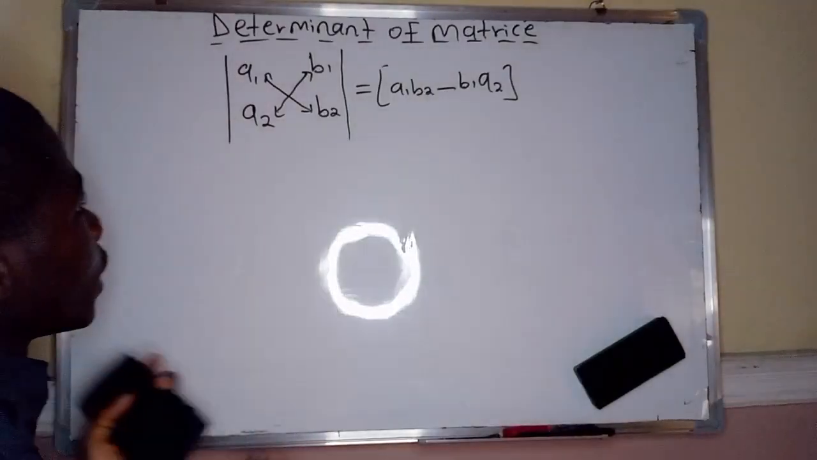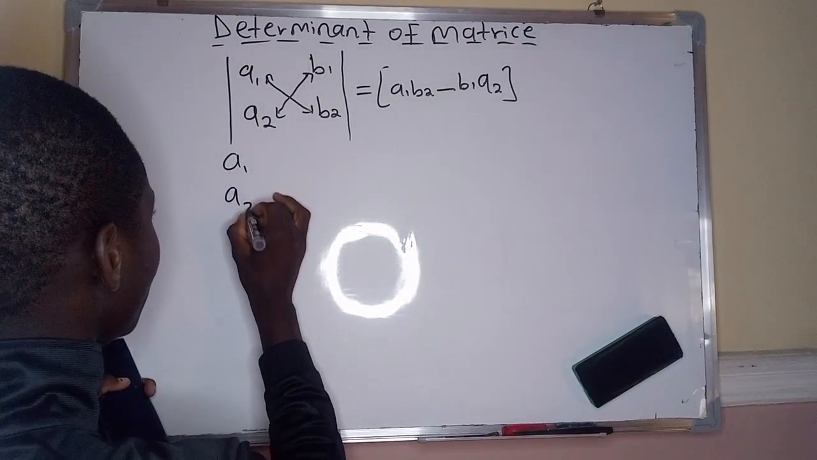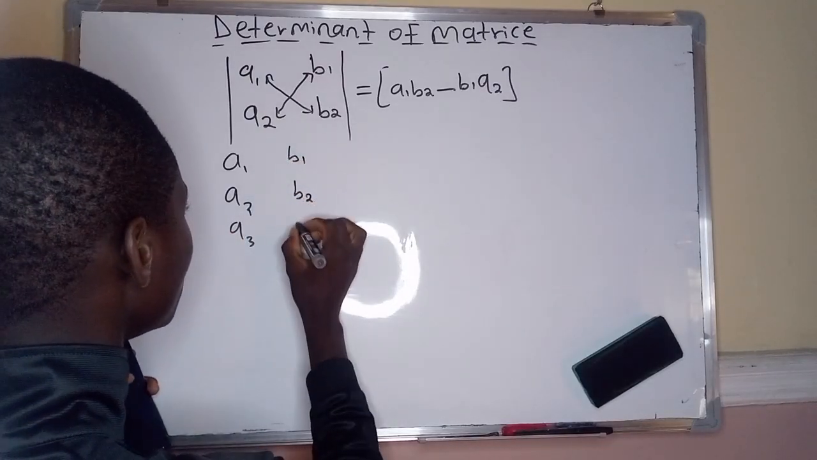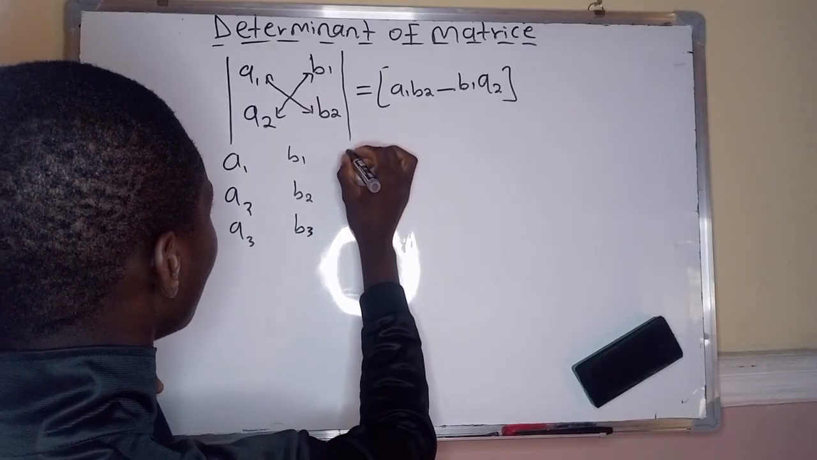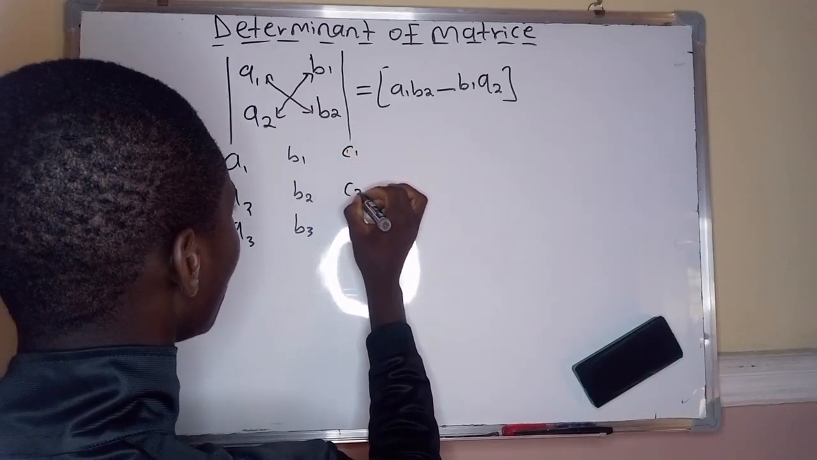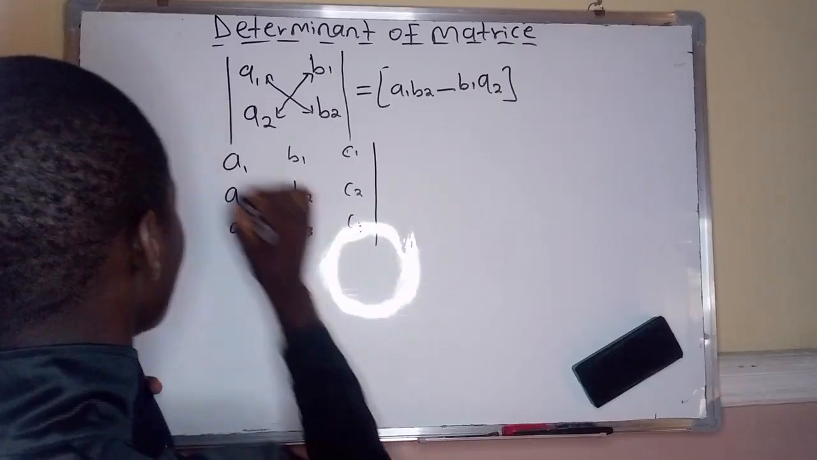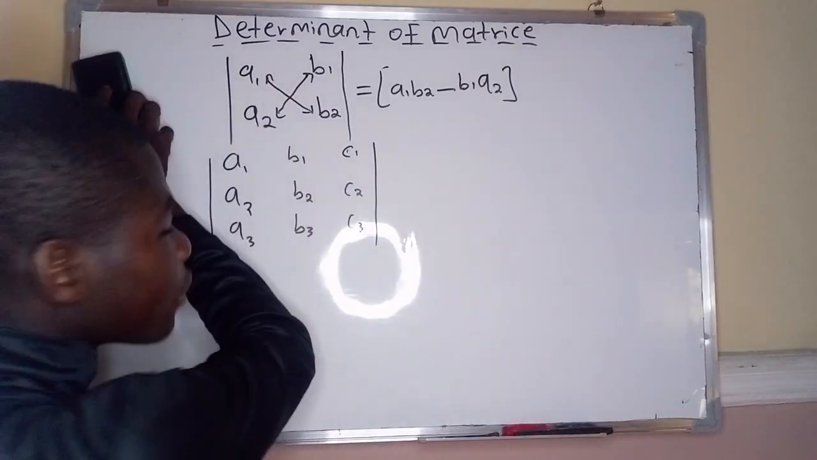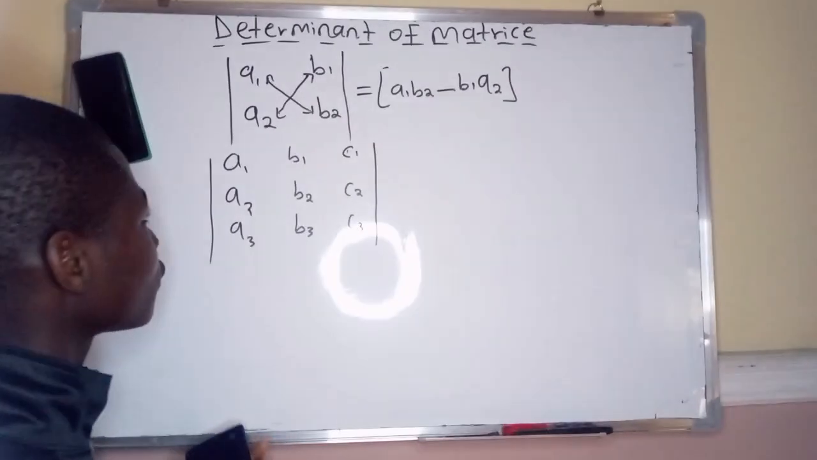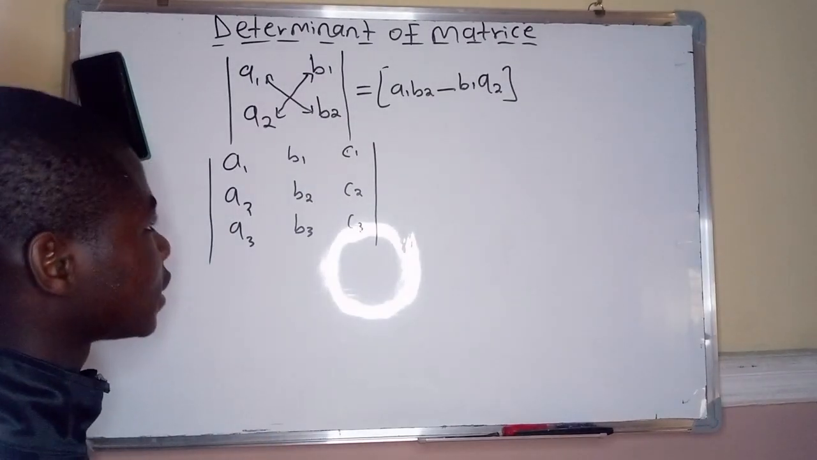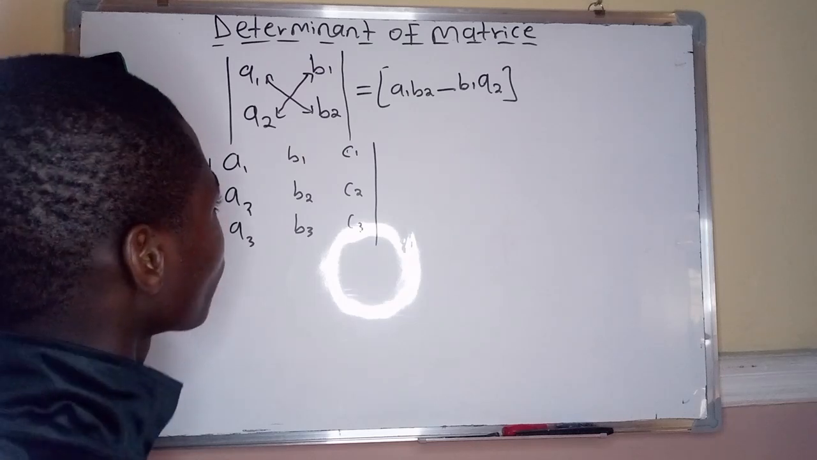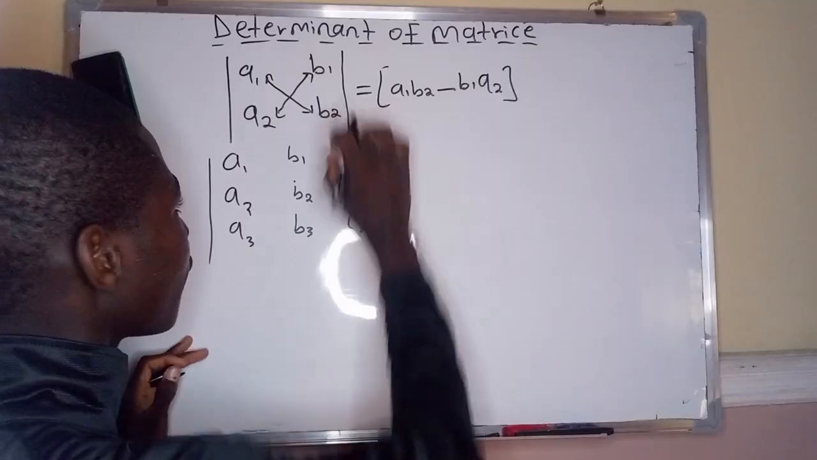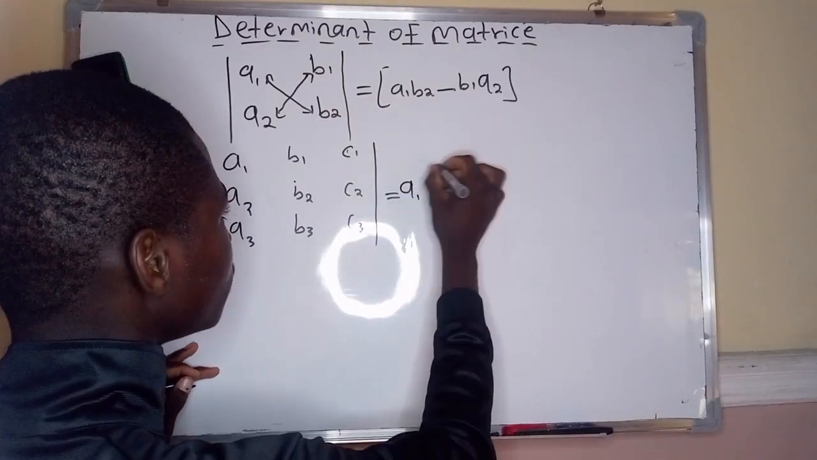Suppose we have A1, A2, and A3, and I have B1, B2, and B3, and I have C1, C2, C3. So how can we find the determinant of this 3 by 3 matrix? To find it, the first thing to do is to take the first row: A1 should be multiplied by